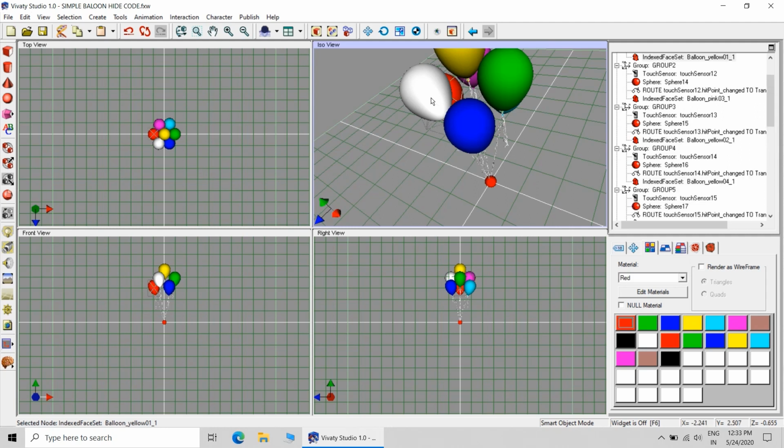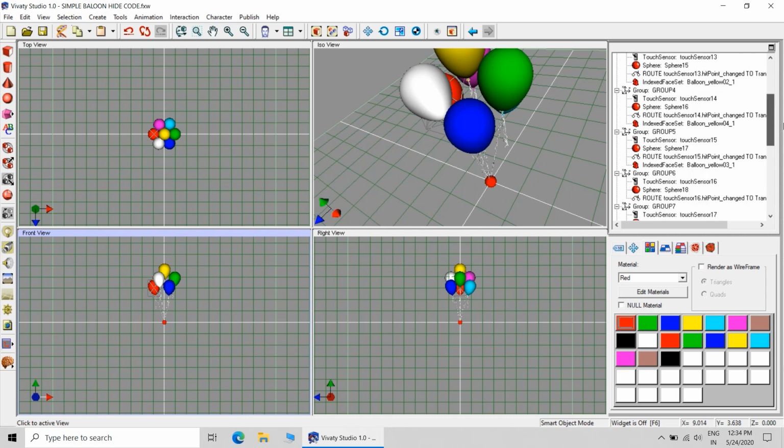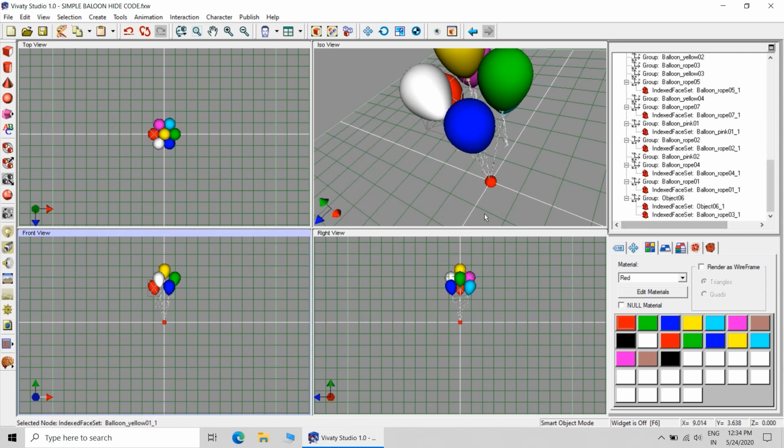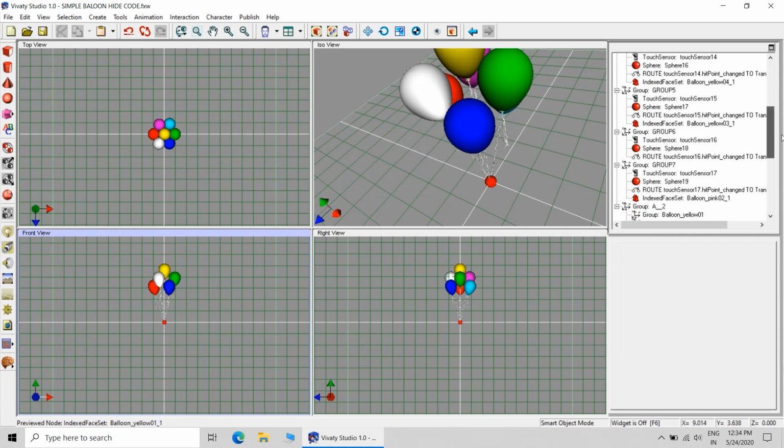So we have done the rest of the balloons. Only one white balloon is left that we need to find out. Only one white balloon is there, which needs to be identified from the ropes. And you can see that only the white balloon is there, which needs to be removed.